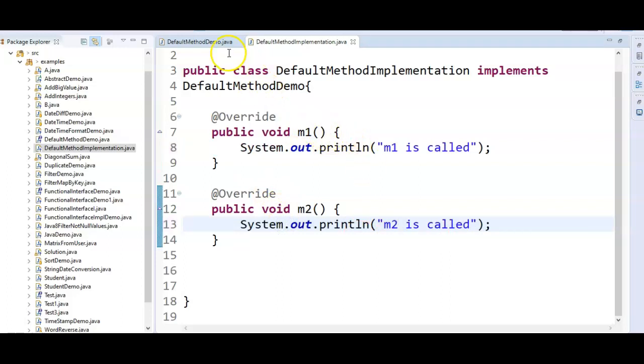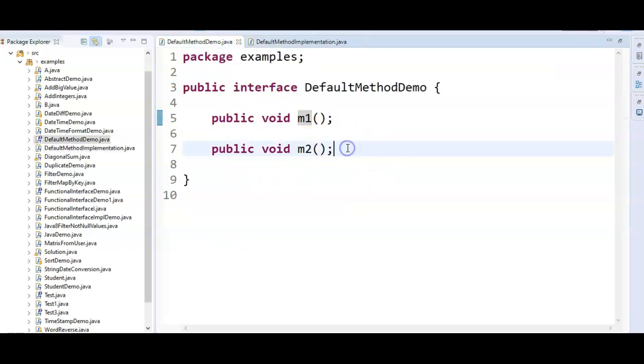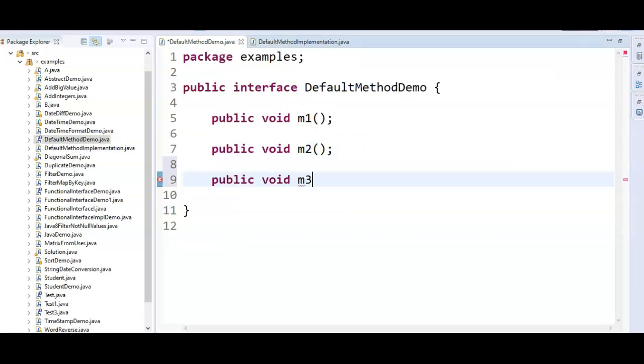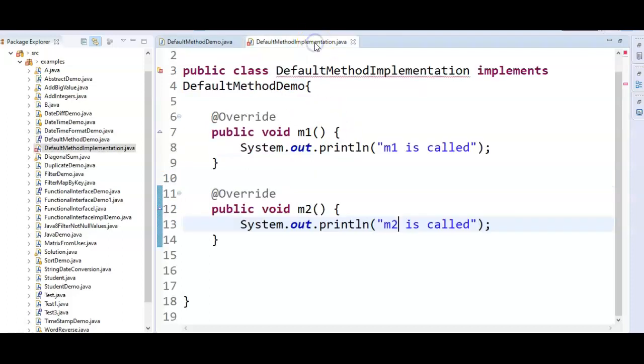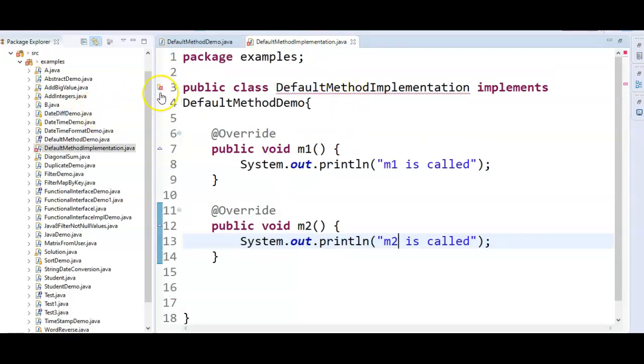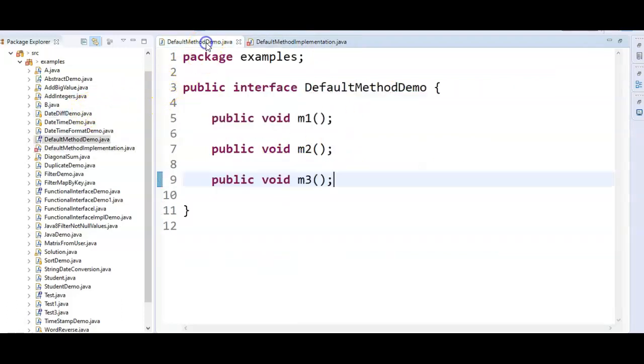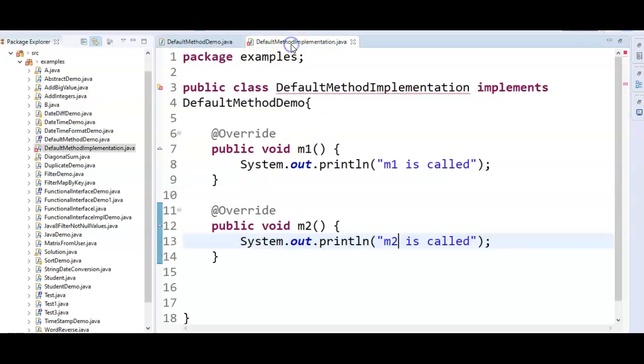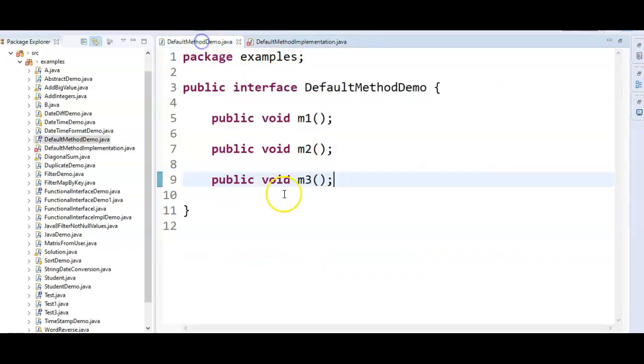Now assume that I'm adding one more method in this interface. Now this implementation has to be given in this class as well, because all the methods in the interface should be implemented in the implementation class. Since we are not defining any implementation here, we are getting a compilation error.